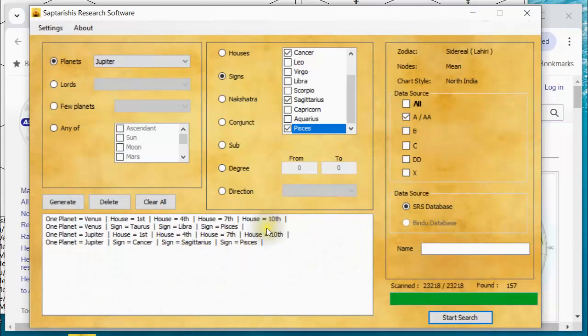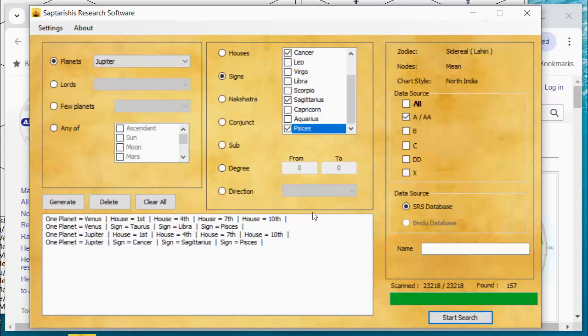I urge you, if you're at all research-minded, if you write any articles at all, you hope to write a book, or you just want to learn more about, find good chart examples for any sort of thought you have in your head about what combinations might play out. And you could just browse through Parashara or Phaladeepika or Kalamrita or whatever, reading the classics and what they say about this, that, or the other thing.